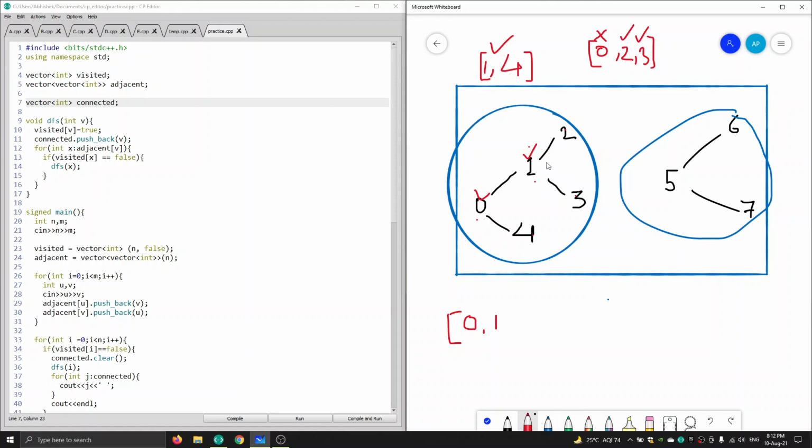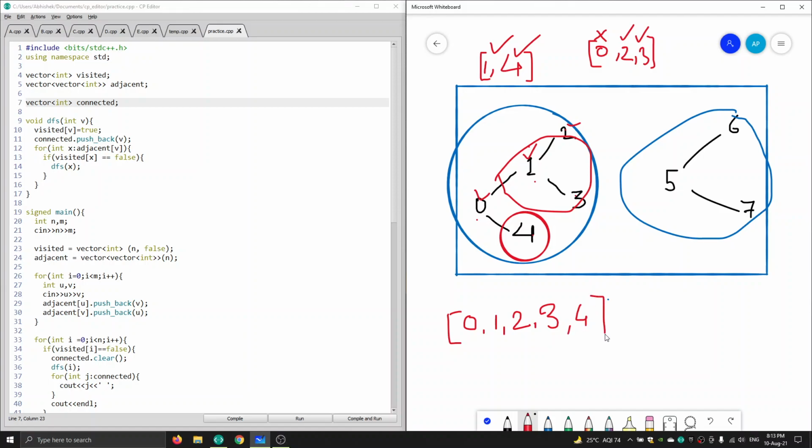So after that we will apply DFS to 2. This 2 will also be included in our connected vector, and after returning from the DFS function of 2, we will go to 3, and this 3 will also be included in our connected vector. After this node is completed, we will go to 4, and we will include 4 in this vector also.